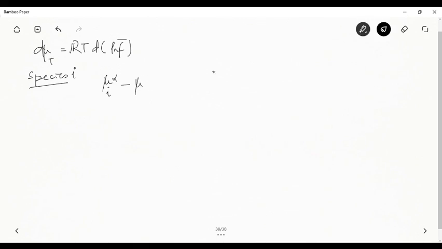So that is a reference state for species I, which will be the same for all the phases. This is integrated between the reference state and the current state. It's a constant temperature isotherm integral, so I'll get RT log of F bar by F naught. Now this F naught of I is basically the reference state fugacity of the pure substance,